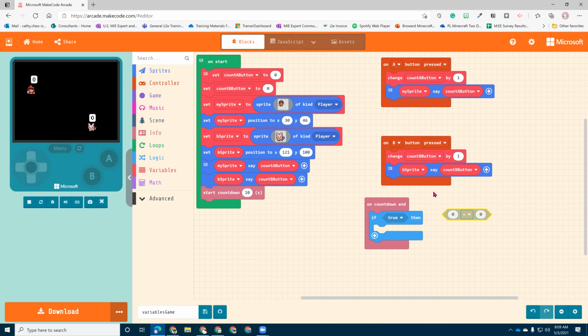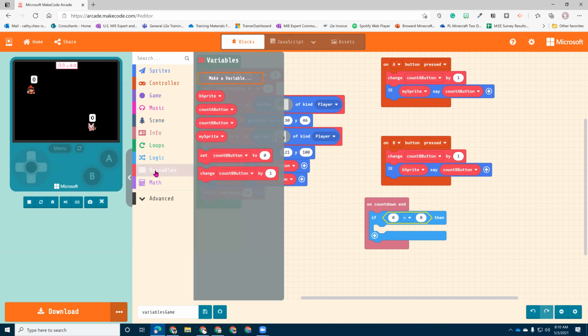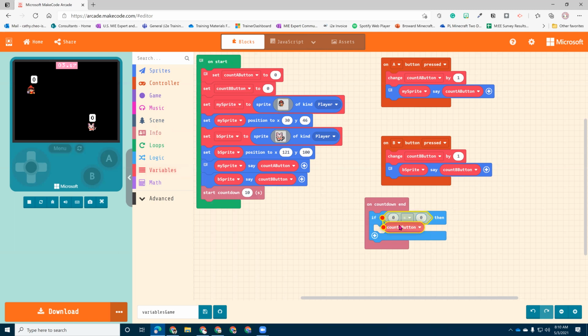Anyway, a conditional tests to see if something is true or false. In this case, we're going to snap in the comparison and grab some variables. What we're checking is if count A button, the variable, and we snap that into the first slot. You'll notice you can snap it into a few different places. Make sure it's in the pill-shaped one. If count A button, and we're going to change the equals to is greater than,